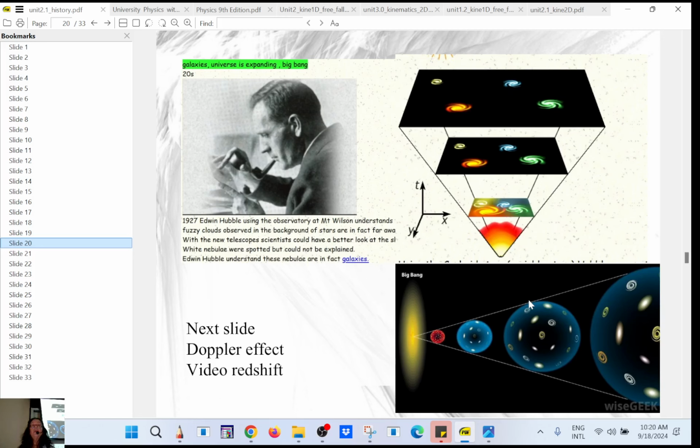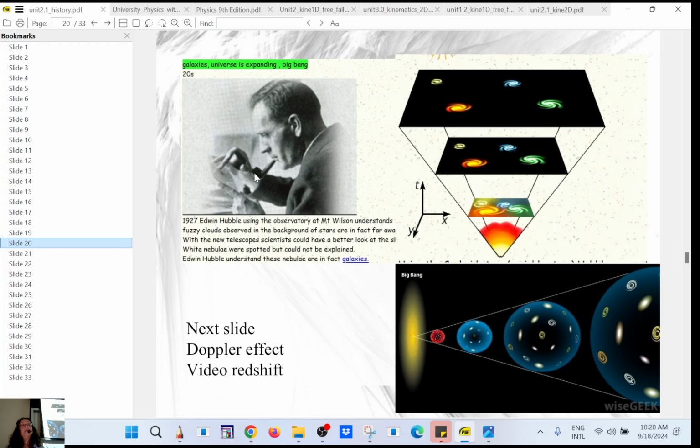So you can imagine the universe as being in 2D, even though it's 3D, but it's very hard to imagine in 3D, unless you imagine a bread. Imagine you have a bread with raisins inside, and once the bread inflates, all those little raisins are moving away from each other, so that would be 3D. But if you imagine it in 2D, you see after the Big Bang, all those galaxies are moving away from each other, right? And how did he do that?